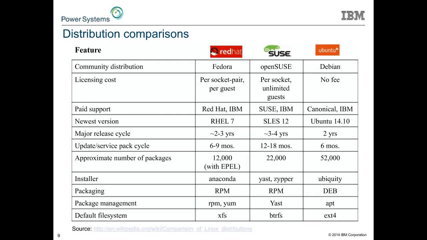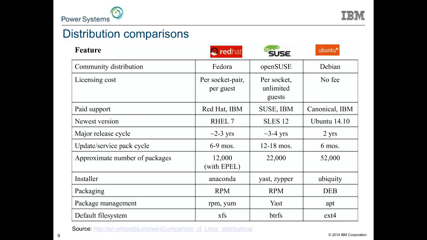Ubuntu tends to be on a general cadence of an update cycle of, as two lines down shows, every 6 months. So there was a 14.04 and a 14.10. There will be a 15.04 and a 15.10, continuing on. So those are the newest versions. For the major release versions, RHEL updates, RHEL 6 to RHEL 7, 7 to 8, come somewhere in 2 to 3 years. It's not clockwork, it's not guaranteed, but if you look historically, it's 2 to 3 years, maybe extending to 4 in some instances.